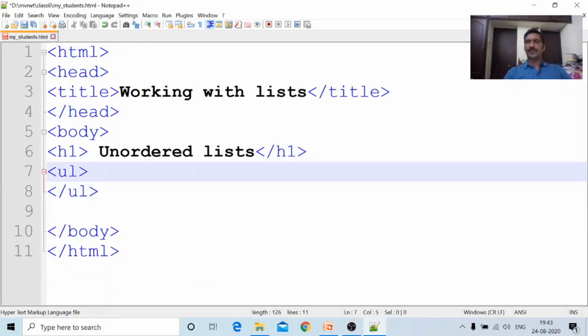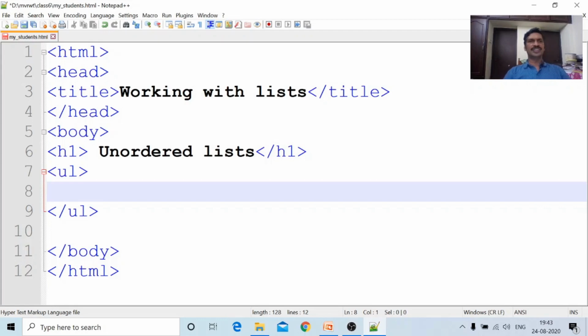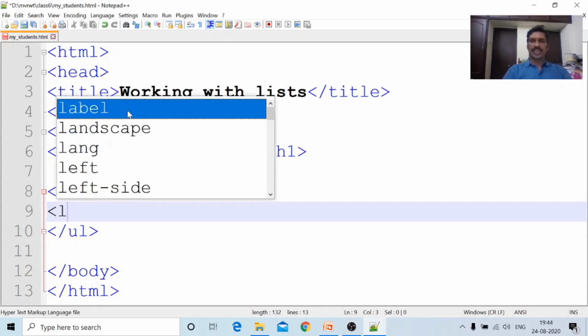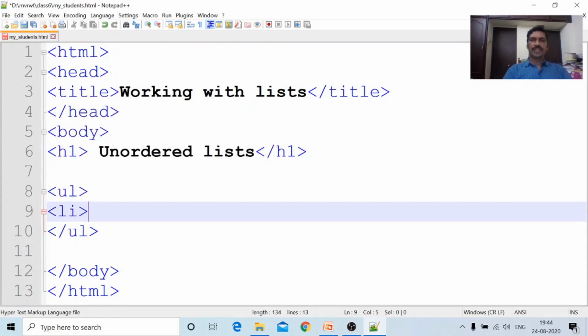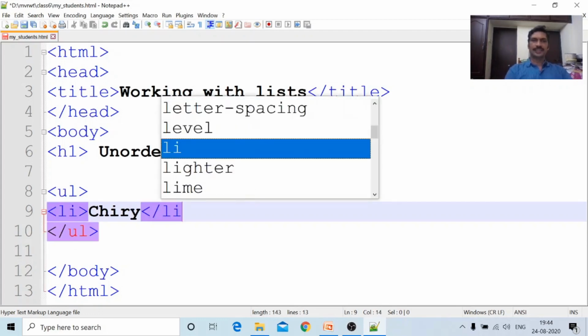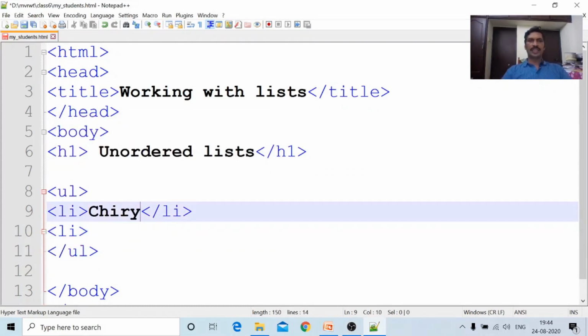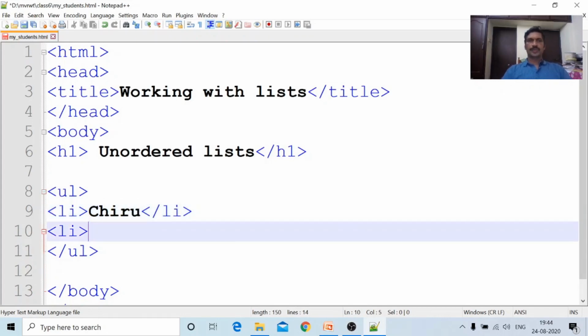If the data is placed between UL and slash UL, UL stands for unordered list. First item I am placing is LI, list index: name of the hero, Chiranjeevi, Chiru, slash LI. Next LI. Every item starts with LI and slash LI. Next item NTR, slash LI.